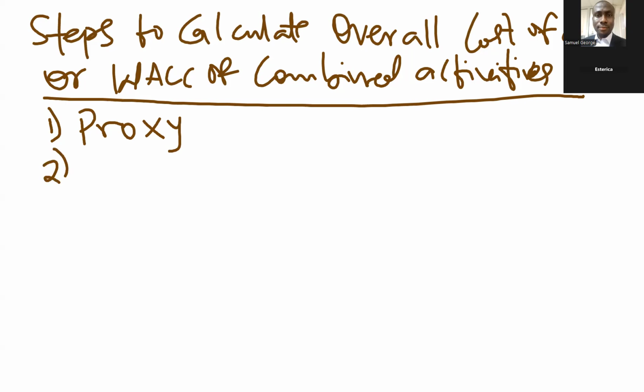Okay, step 2, ungear. So ungear means that we are going to calculate beta assets. Just in case, when we're getting proxies' information, the examiner gave us beta equity of all these subsidiaries which are the proxies. Then we'll ungear them. If there are 3 of them, that means we'll calculate beta asset 3 times, once for each of them. Then step 3 will be that